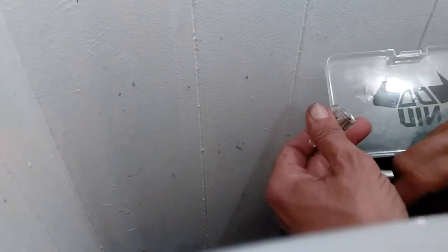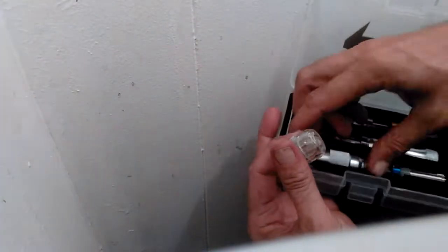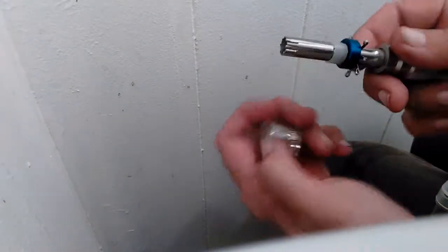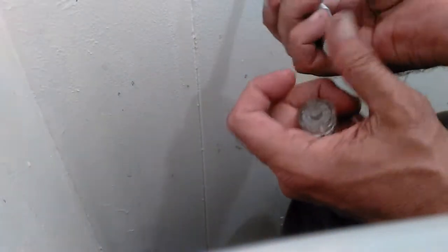It only came in 7.8 millimeter, so I was going to get the other different sizes, and these tools are slightly different. I think they came out first because I see a lot of reviews on them. This is also the 7.8 millimeter. The only difference is the way it's tensioned. It's got the little rings, the tensions are on these little rubber bands, right? So in theory, you put it up against the wall, you zero out your pins, and in theory, this should be identical